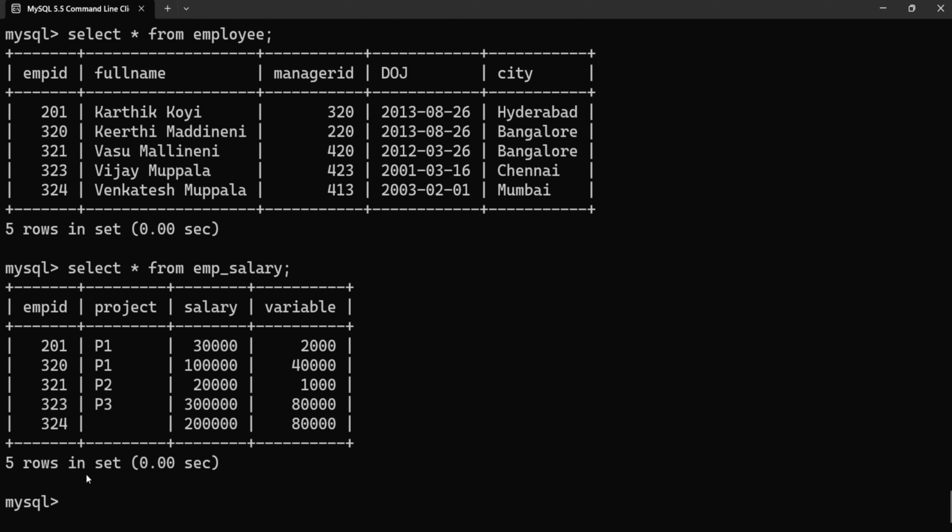So I have to fetch all the details in the employee table for this particular employee ID by joining on employee ID. I'm going to write a query to get employee ID 324, because he is the only person who is not working on any project. I'm going to use employee star, because I need all the columns and all the details of the employee. So I'm going to use select employee star from